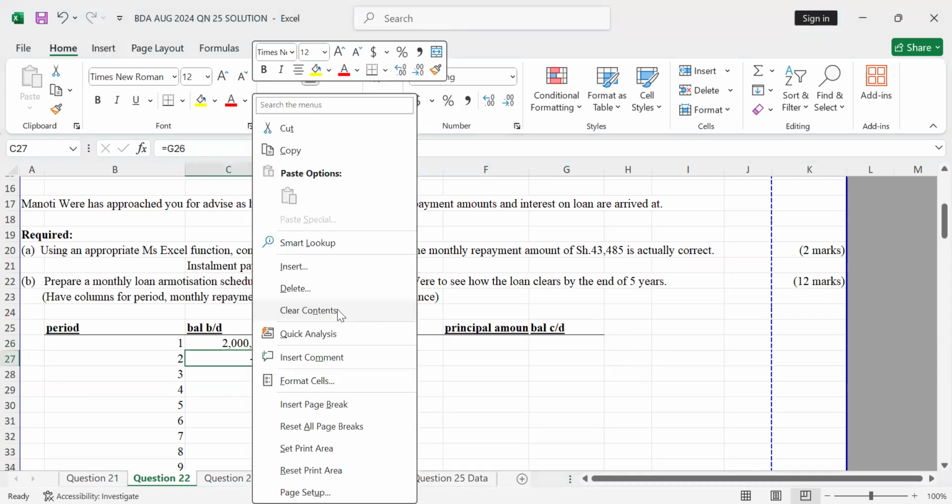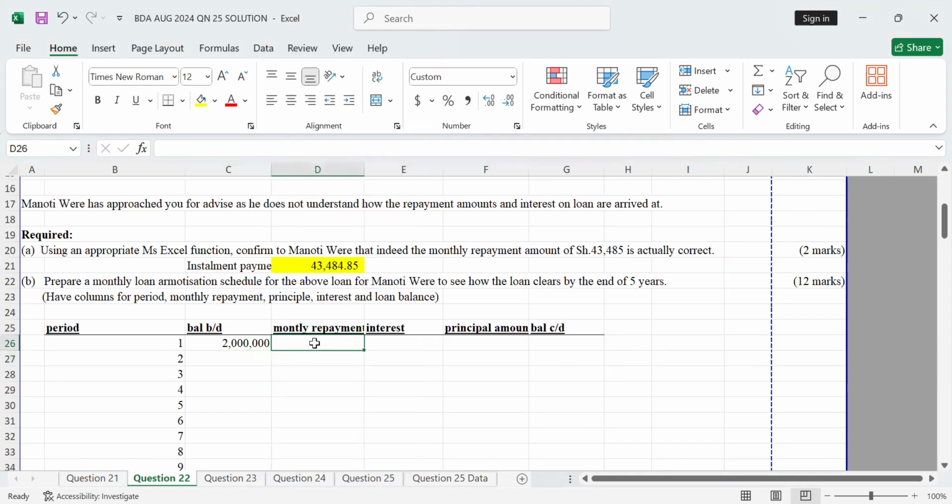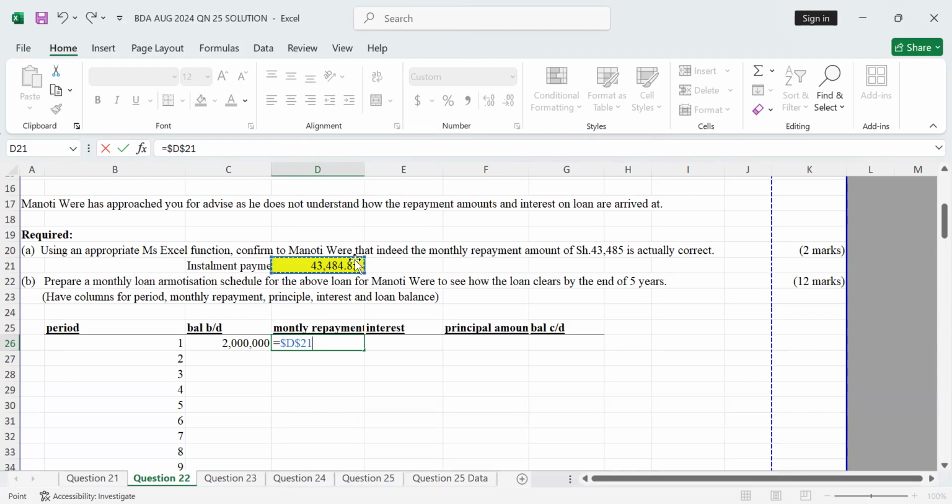Now this is what I've said. The monthly installment is what he pays each month. And at the end of each month, in this case, is supposed to pay 43,485. So I've said once you do that, you can fix. You place FN and F4. Venye tu unafanyanga shift. Ama kama yako inafanya F4, you just place F4 peke yake. Once you do that,